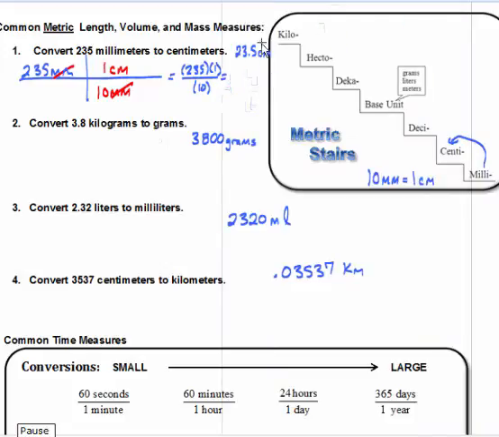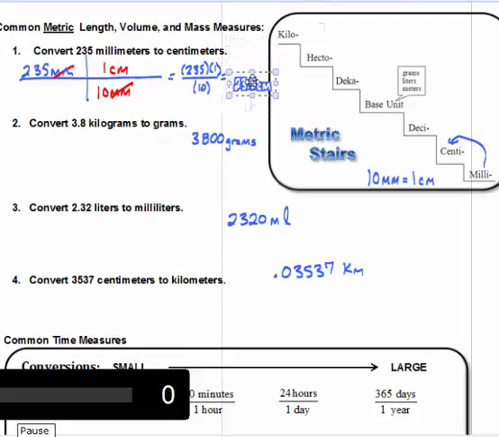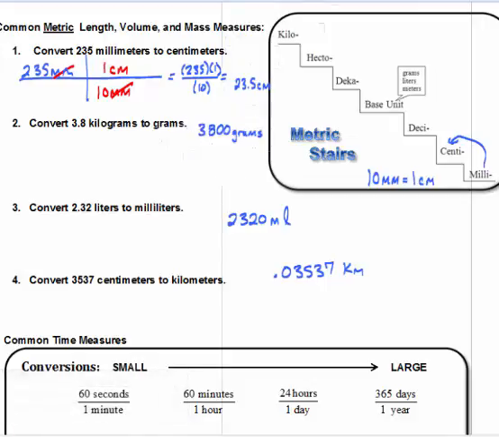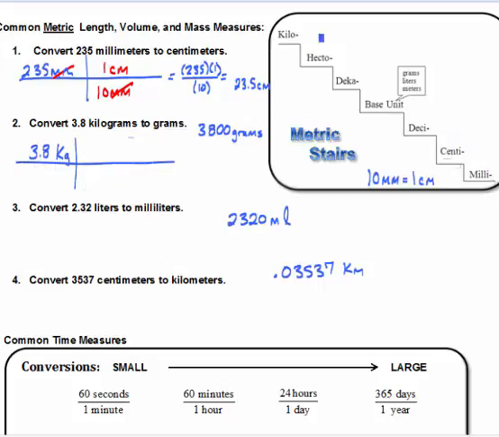The metric stairs might be a little easier since it's so convenient that all metric measures are a factor of 10. Now let's try this next one, same concept. Let's try it with the factor labeling or the dimensional analysis. So again, I could start with 3.8 kilograms. And if I'm going to grams, I have to count how many stairs that is for this one. So if I go from kilograms to grams,